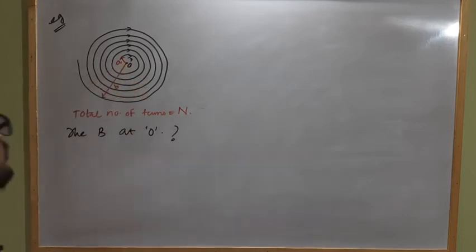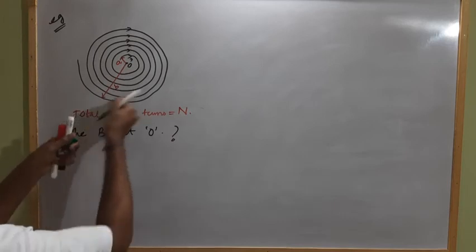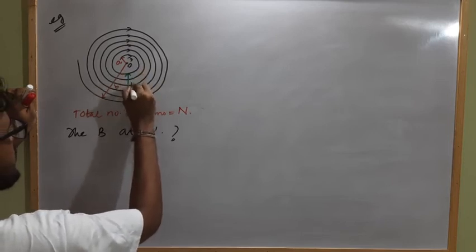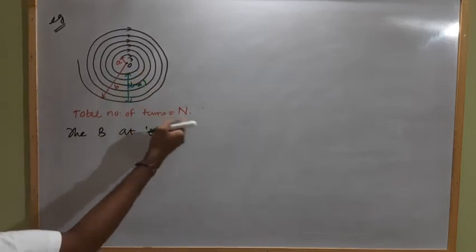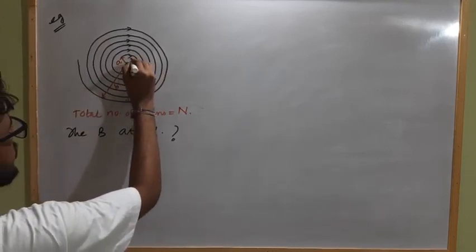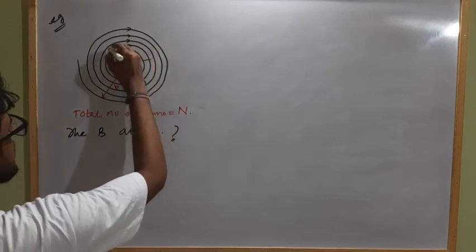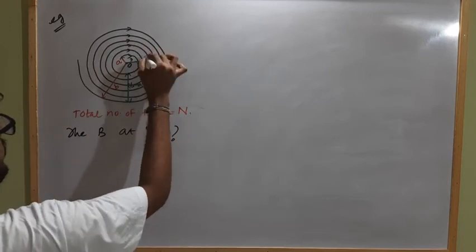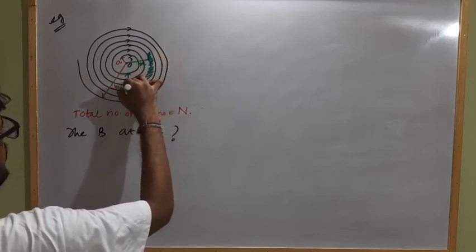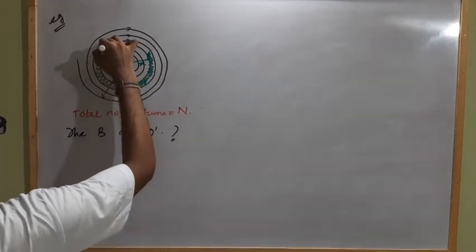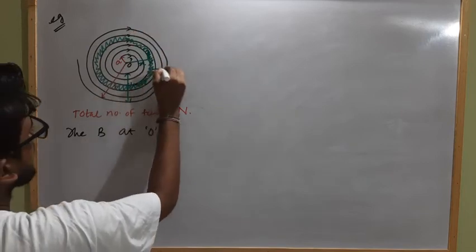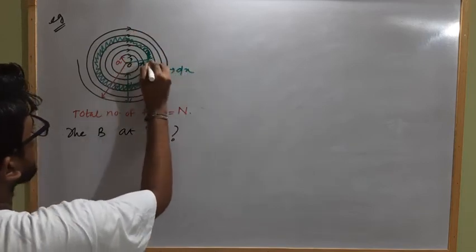So here we have to assume that the total number of coils is present from this to this, and this length is how much? B minus A. So N number of turns are in B minus A length. So we have to assume the magnetic field strength due to a small circular coil which is at a distance x of width dx. Let this be the portion. We have to find out the magnetic field strength at its center. This width will be dx and its distance from center is x.